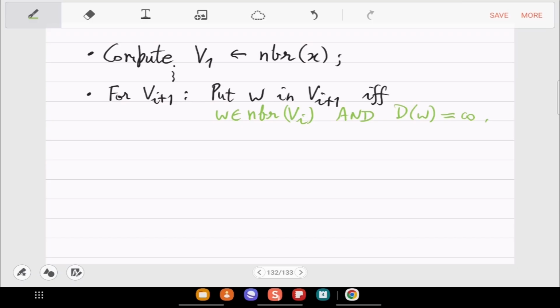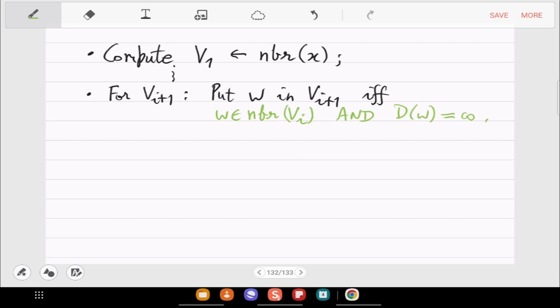Okay, so this is the kind of inductive or iterative approach. So base case V1 you know how to calculate. In fact, base case was V0, so that you have initialized. V1 also you can compute in one step. In general, now when you go to V2, V3, so for Vi plus 1, what you have to do is look at the neighbors that Vi's have, and amongst them pick those which have distance infinity. So that is a W which is definitely distance i plus 1.